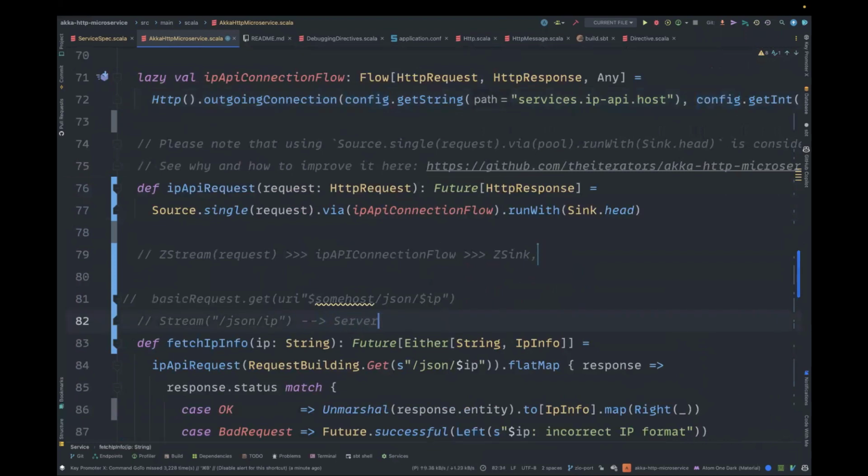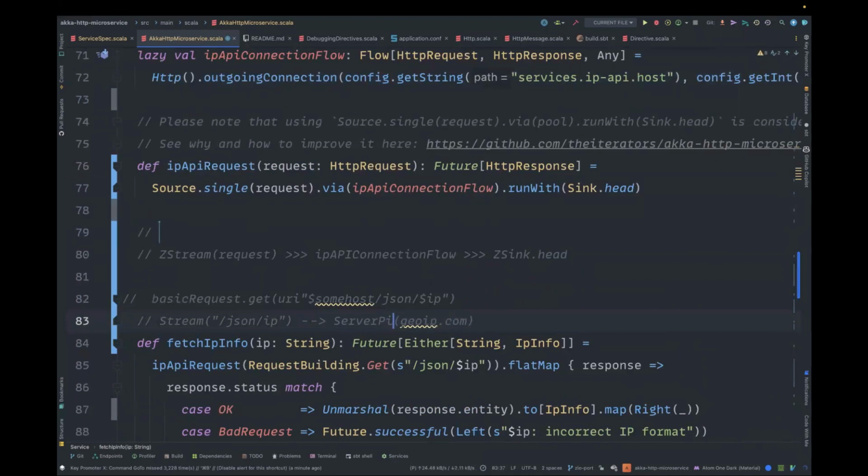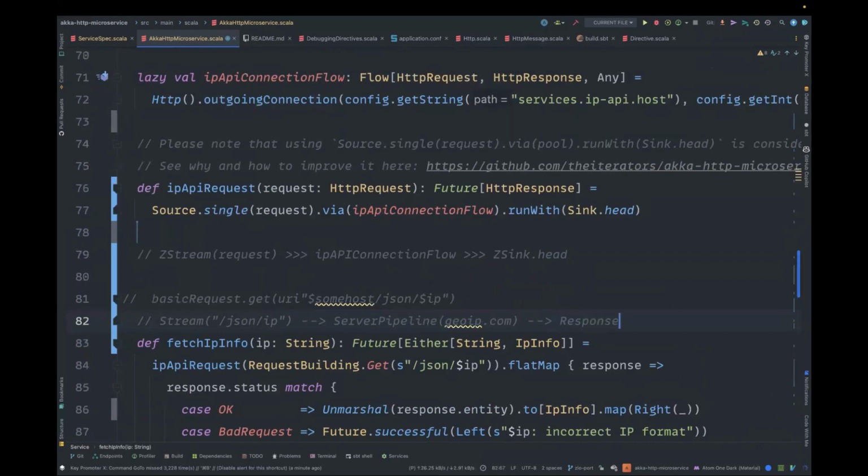So some kind of server, which is, that JSON, let's imagine goip.com server pipeline, which will actually make the request and then return the response on the other side. So yeah, this is the ZIO way of doing it, piping it through this transformer, and then just getting the first element. Yeah. And we've talked about in the past, when you